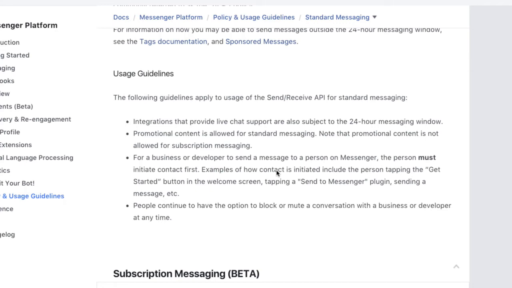Okay, so when that happens and the user then comments whatever keyword you've wanted them to comment with, and it's set up properly in SegMate, the user will get that message. Now, that message we always suggest is to ask them permission. Okay, ask them permission or ask them a question to get them to respond back. Okay, so you're asking them for permission. Now, Facebook doesn't require that you do that. However, that's just good marketing.